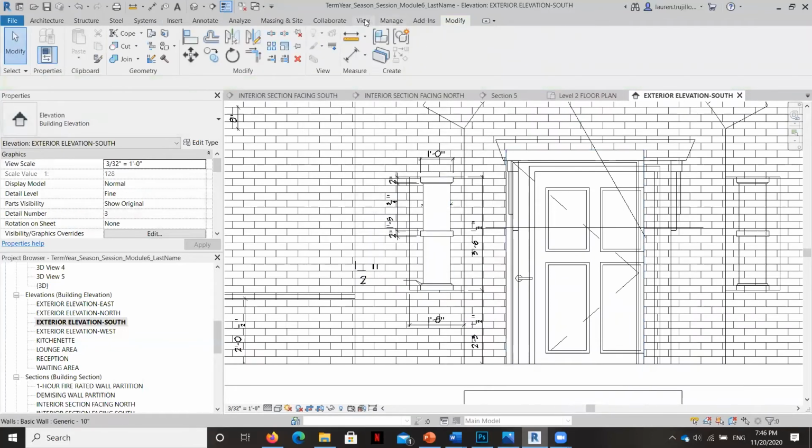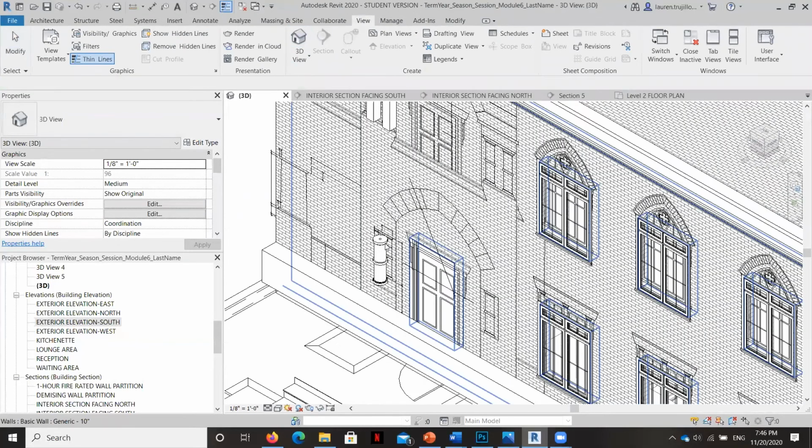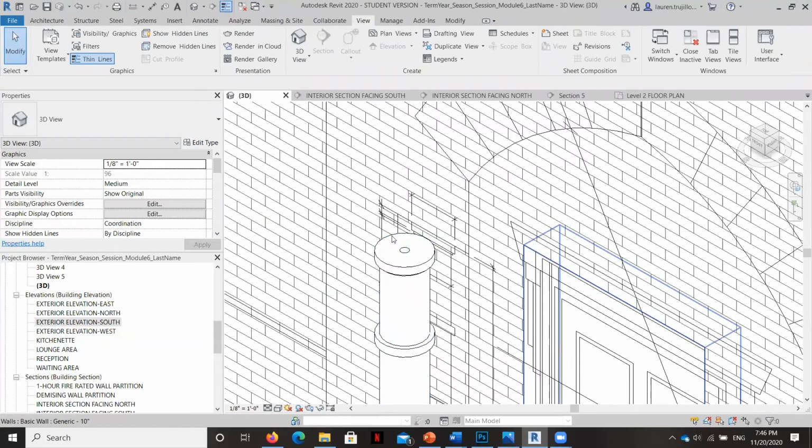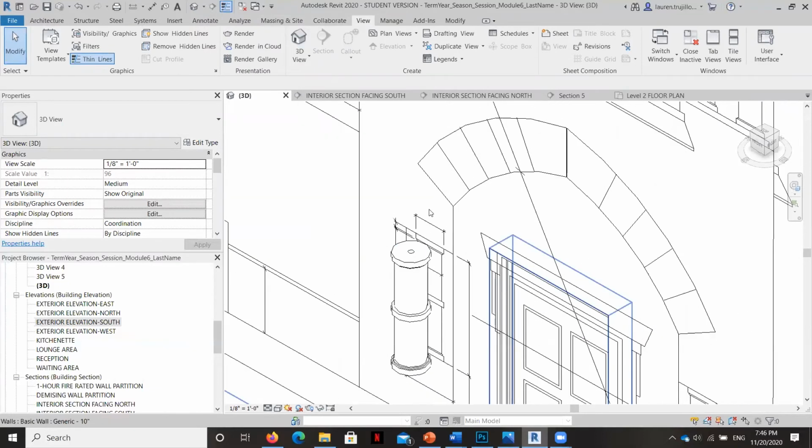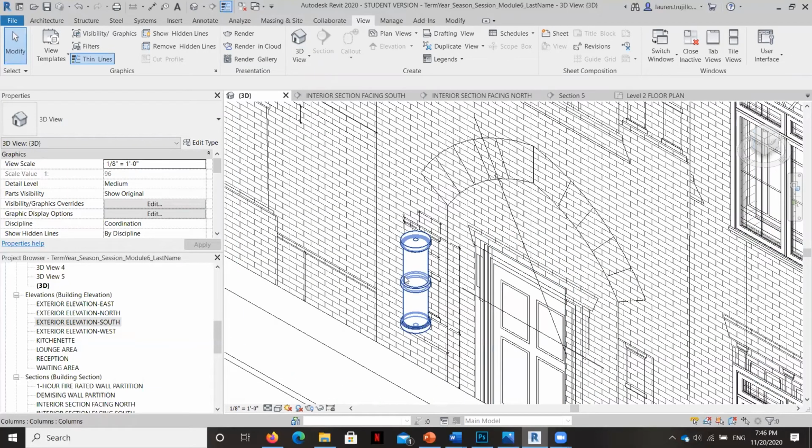And I'll show you. See, it's got a hole in the middle because the axis line was in the center, but the profile was off center. So I'm going to undo that, but just keep that in mind. That's helpful to know if you wanted to, for example, create a revolve like a pendant light, and you wanted there to be an opening in the middle for the light bulb. That's how you would create that void.